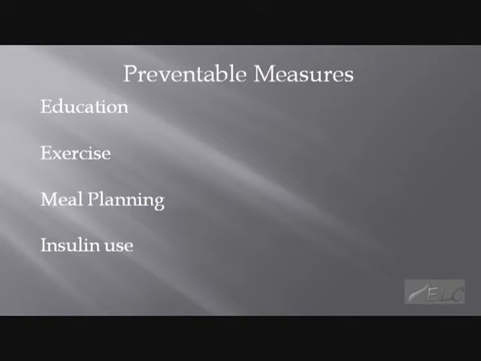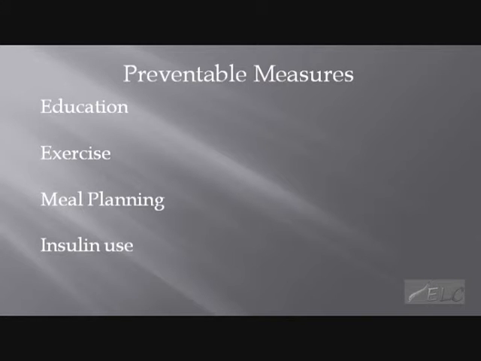So now I want to go over some of the treatments for diabetes, but I don't really want to call them treatments. I want to talk preventative measures. I've hit on education a little, and I know that if we educate ourselves on diabetes and any disease, we're at less risk of getting it. But with diabetes in particular, exercise. If we just add a little exercise into our daily lives, then we've lowered our risk that much of getting diabetes. And meal planning. If we just plan our meals out and watch what we eat, lower our intake of sugars or complex carbohydrates, then you've lowered your risk of getting diabetes.